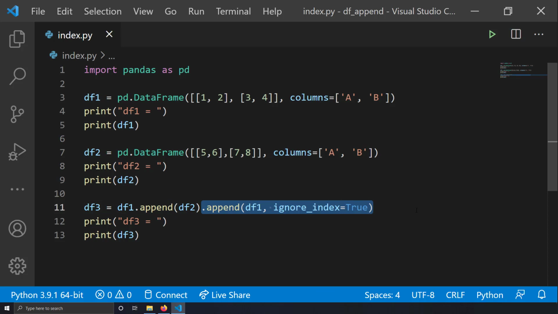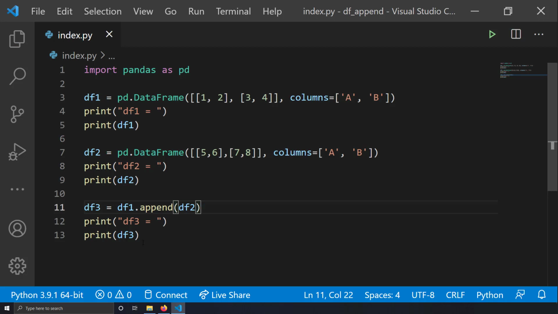And yeah, so that's it guys. This is how you can use df.append to append 2 data frames into one, or multiple data frames using chaining, just I showed you like this. Okay, so yeah, this was about appending one data frame with another.